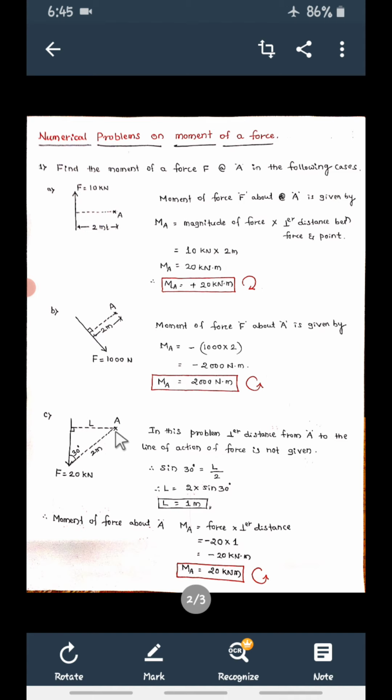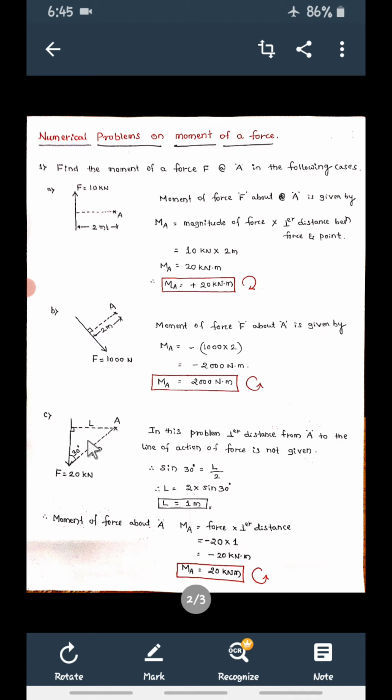So L is not given. We have to find out L. See, this angle is given. So in this problem, the perpendicular distance from A to the line of action of this force is not given. But I can calculate this perpendicular distance. If I take this triangle, if I take sine 30, so sine 30 is equal to what? Opposite, that is L, divided by